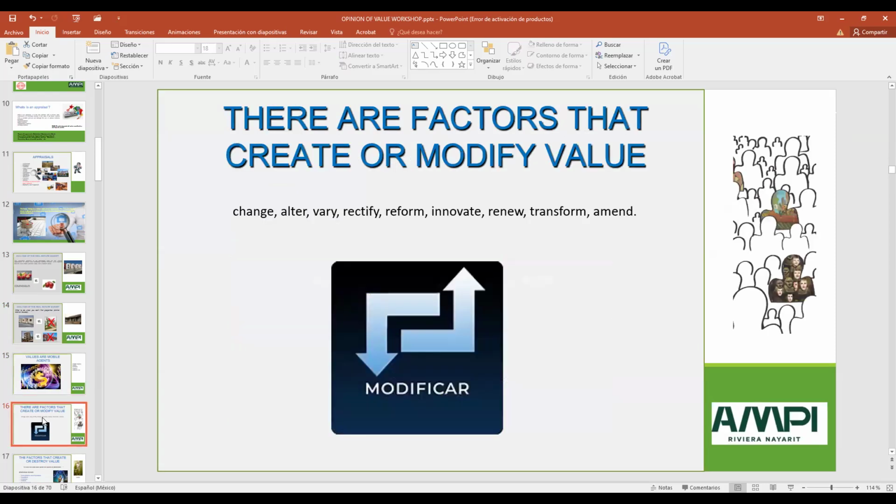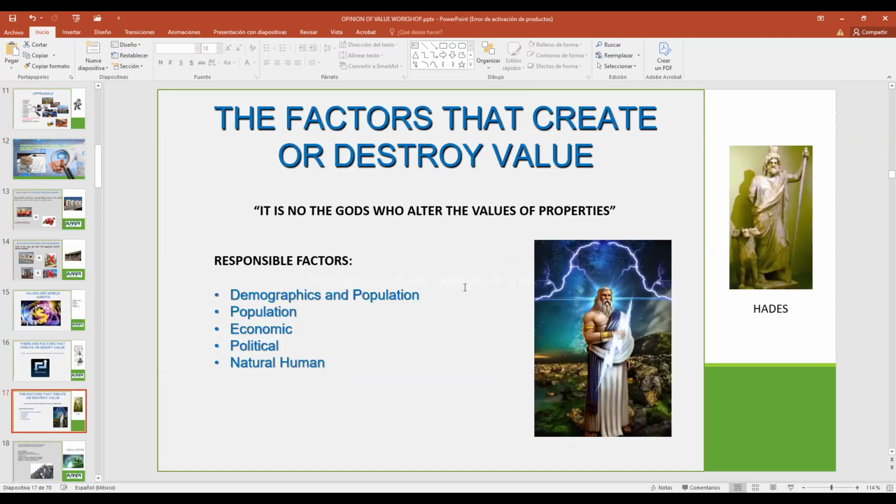There are factors that create value, and there are other factors that destroy it. The factors that create are changing, altering, varying, whatever. All those words mean the same.